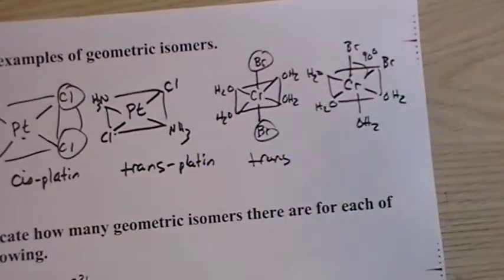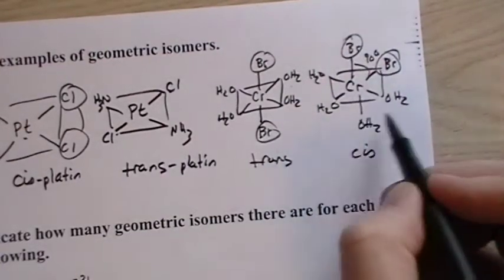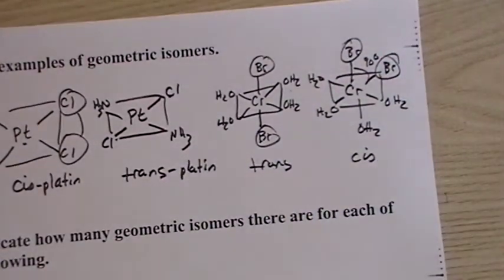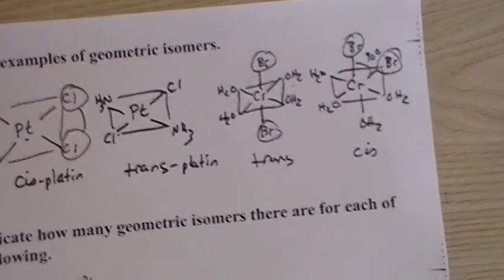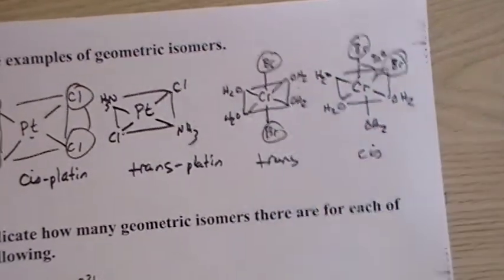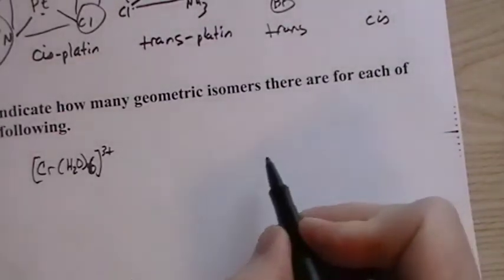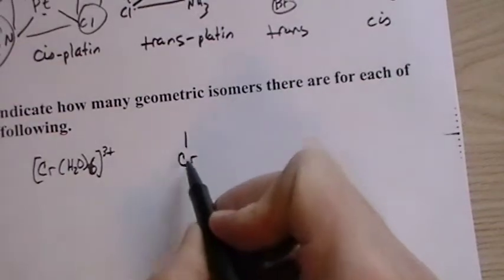This one or this one, and this one would be called cis. Again, just dealing with bromine, just the two. Cis and trans, we're talking about two of the same species. So we can't talk about the waters as being trans or cis because there's four of them. Okay? Indicate how many geometric isomers there are for each of the following. So this one,